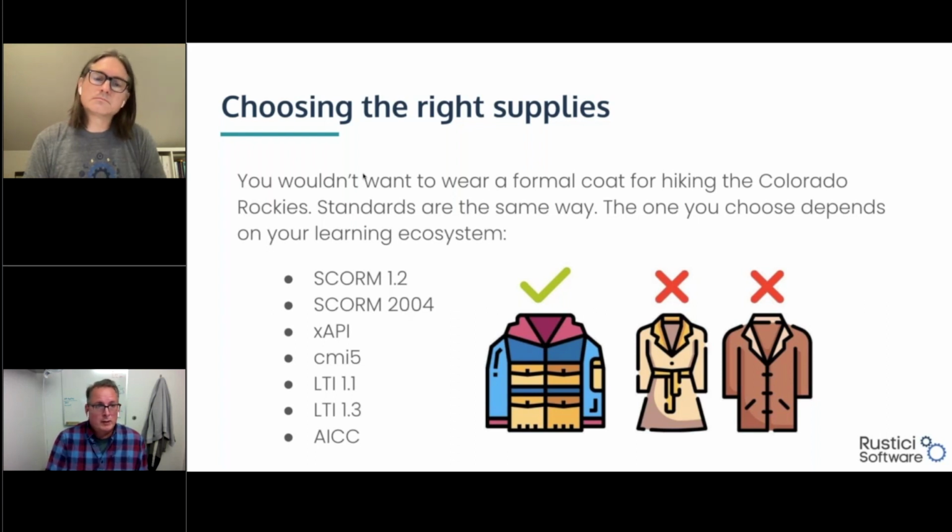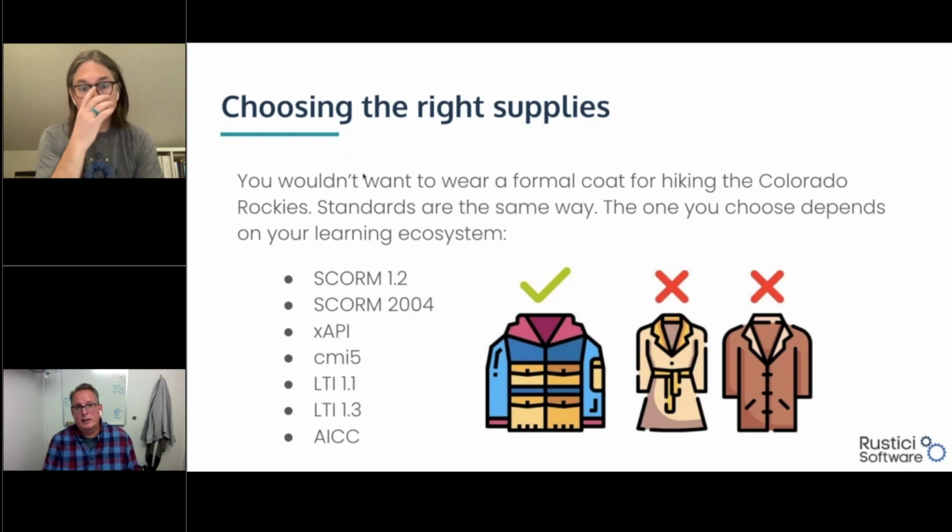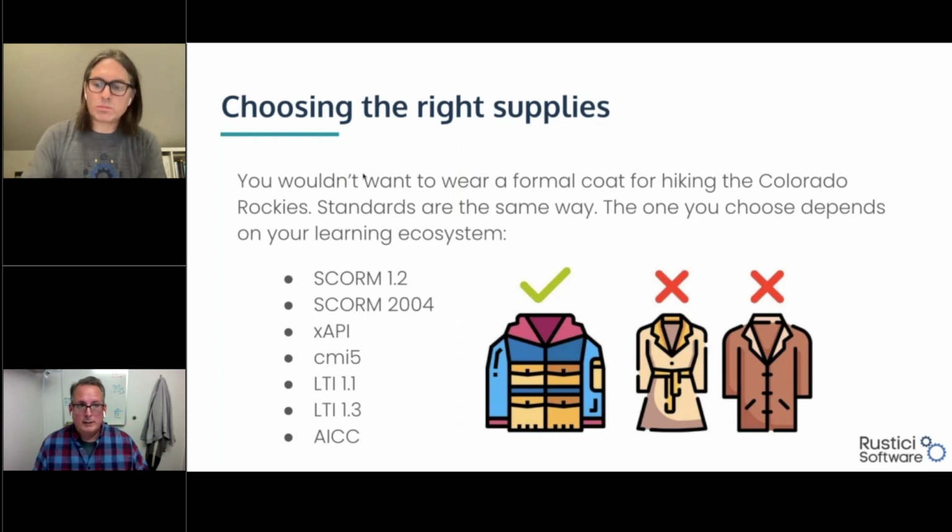SCORM 1.2 is you're going to get the tried and true big four. So in most cases, completion status, success status, score, and time. It does have an idea of interactions being question and answer text. But if you're looking for a bit more, SCORM 2004 offers not only the big four, but also full question and answer text. So where SCORM 1.2 would only really give you an identifier, so question ID 1, answer A, I could get in SCORM 2004, why is the sky blue?